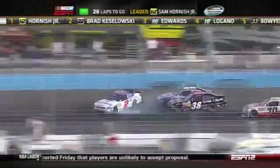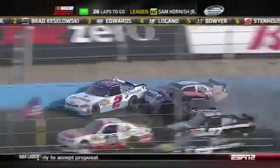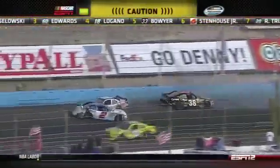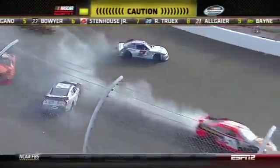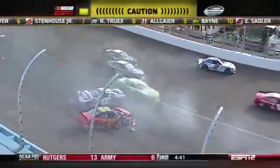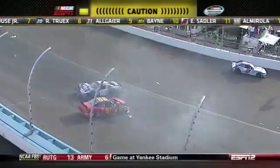Easy! No! Oh, no! What are you doing? Leffler gets into him. Oh, that's terrible. And Almirola gets contact as well, and the caution is out. Clements gets involved. So, Morgan Shepherd. Here, look,